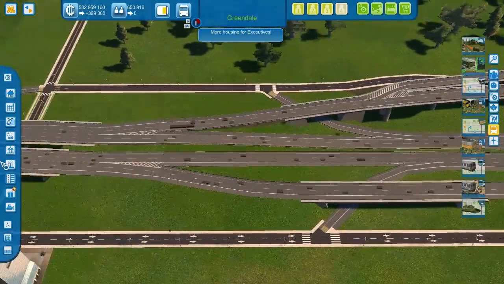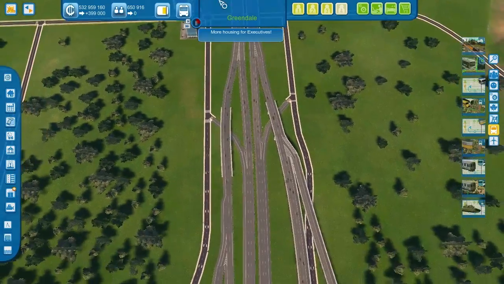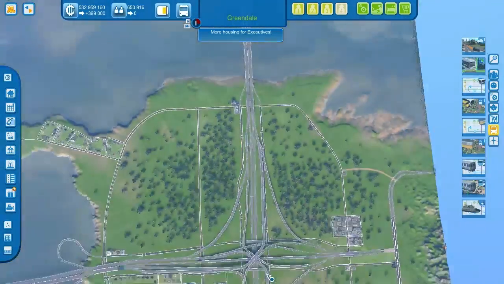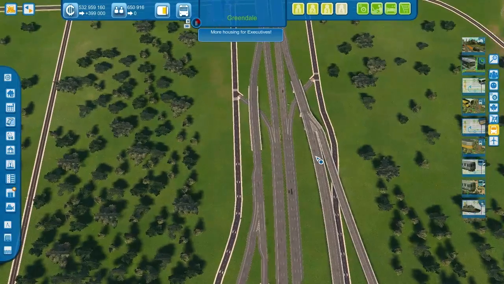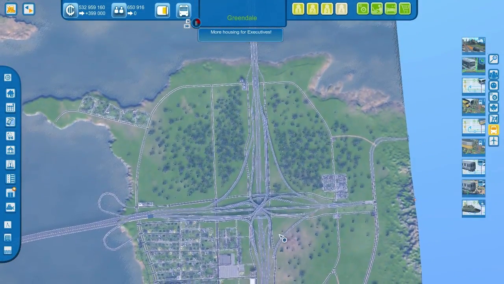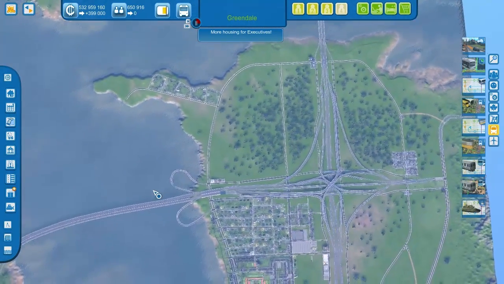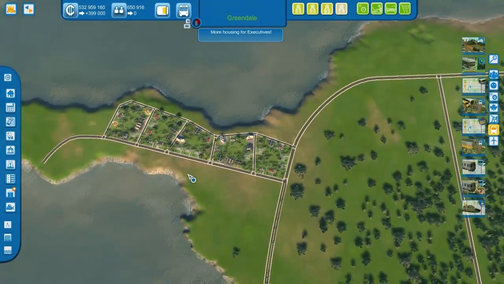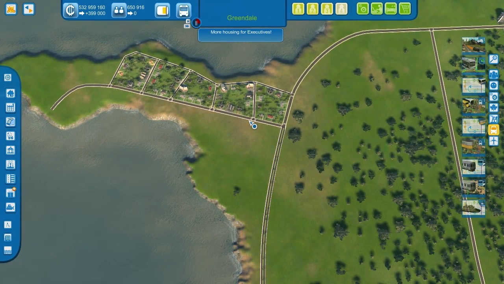This is probably going to have to change eventually just because of how much traffic is coming straight down through now, especially since I started building out downtown. Most of this traffic used to go out to the manufacturing area, but now it's kind of 50-50. They go down into downtown and over there. So we got a little bit of, I think this is a skilled worker area, just a small little area that might become maybe something like elites or executives or something,